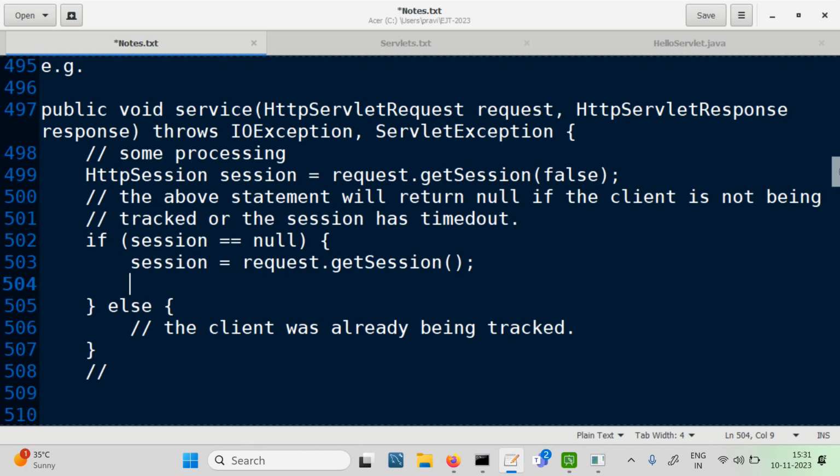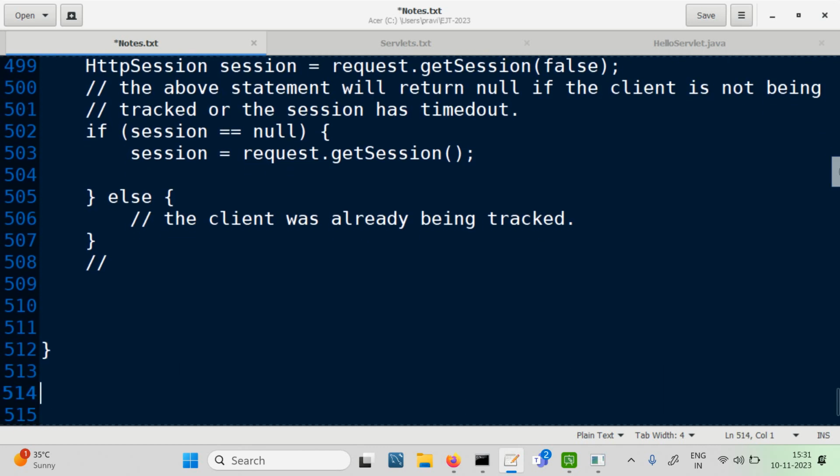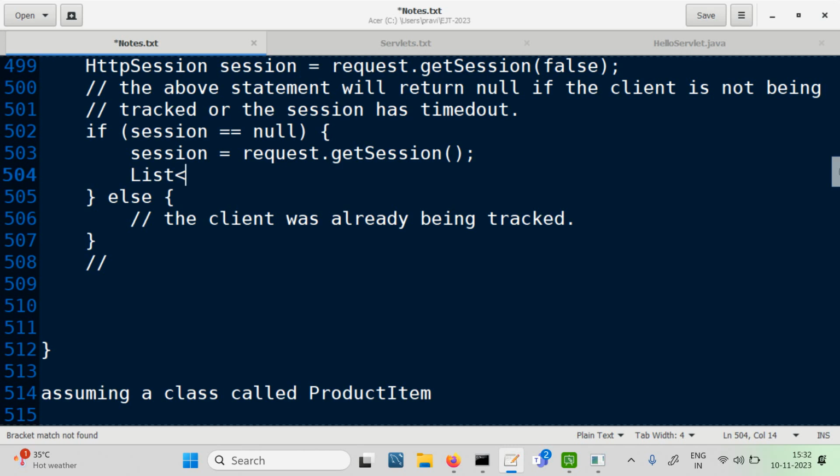So what I am assuming is you have a class called order item, or I should say product item, separately. So we can assume we have a class called product item, one product item. A shopping cart normally has product items. A product item would contain which product and how much quantity. Shopping cart normally contains that. And then, once you want to start tracking, you can say, let's create a list of product item